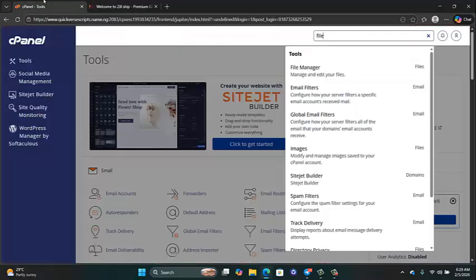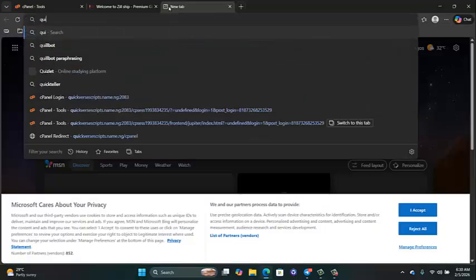So first of all, you get your cPanel, your domain and your hosting, which you can get from QuickVerse. Yeah, let me introduce you to QuickVerse. So QuickVerse is